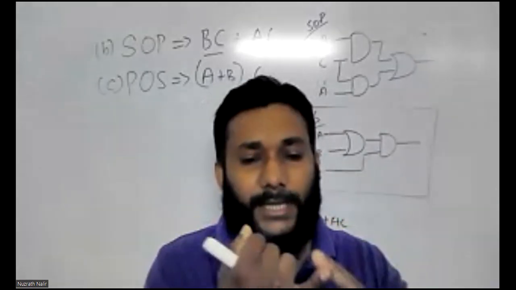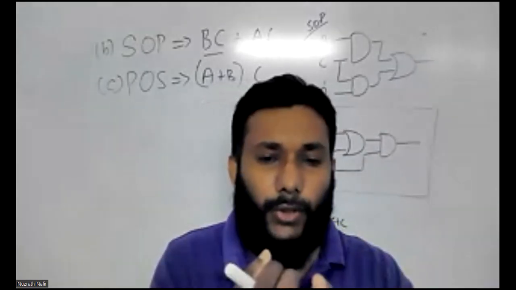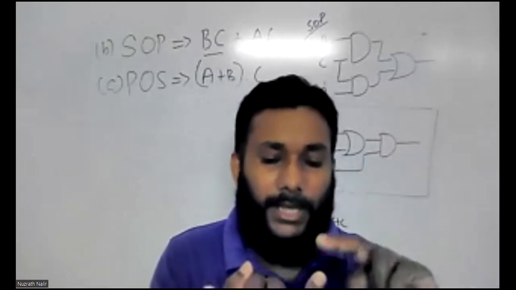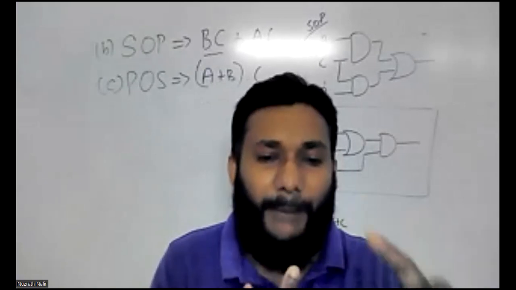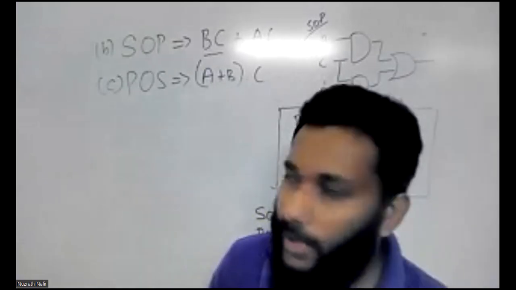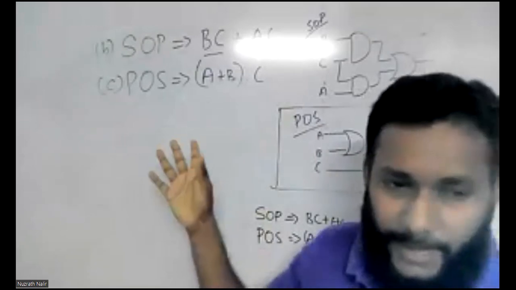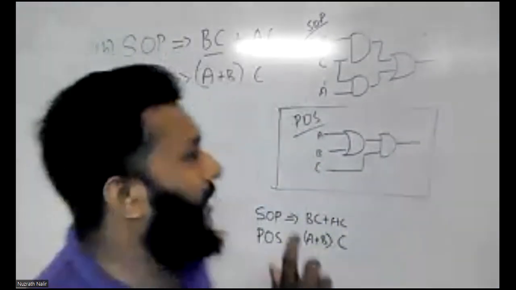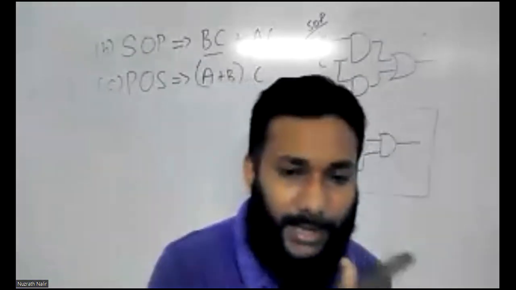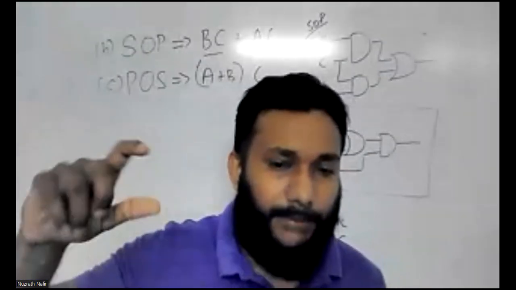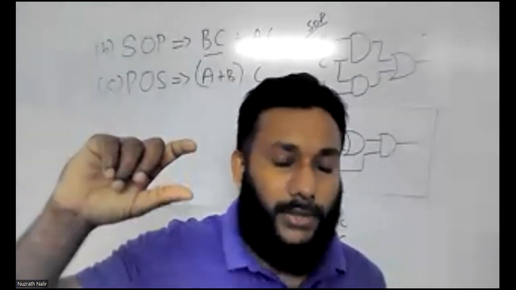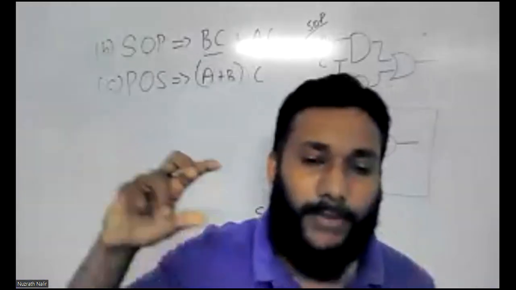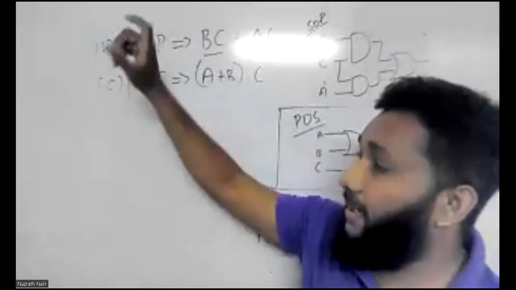Number one, SOP. Number two, POS. In this SOP, we are using min terms. In the POS, we are using max terms. So in our Karnaugh Map also, I explained how to summarize that one. The combination, we are taking the max term as positive, min term as negative. Sorry, in the POS area, 0 is the positive, 1 is the negative. But in the SOP,